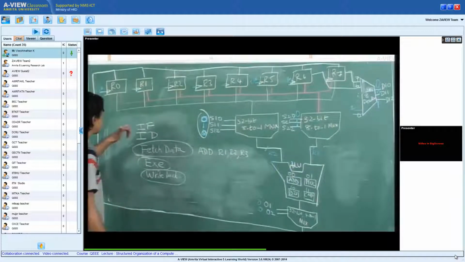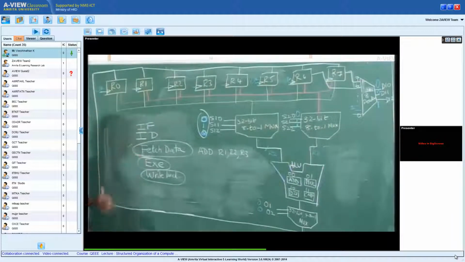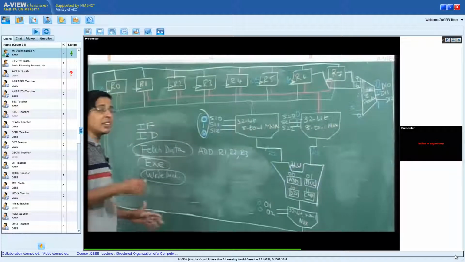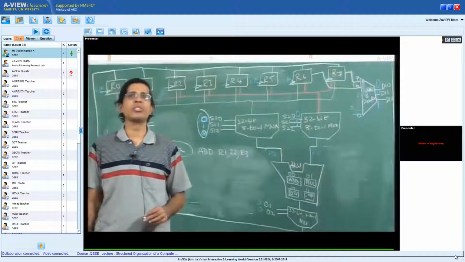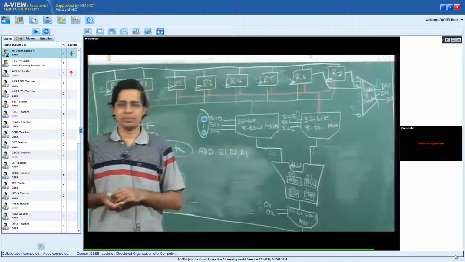When your instruction is fetched, these 4 are idle. When your instruction is decoded, the remaining 4 are idle. When you are fetching the data for that instruction, the remaining 4 again are idle. When I am executing an instruction and when I am writing back, in each of these stages, the remaining 4 stages which are not part of it would remain idle.